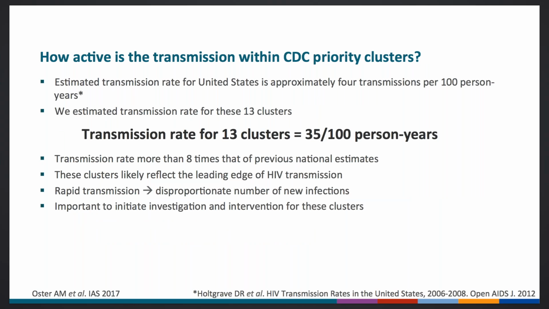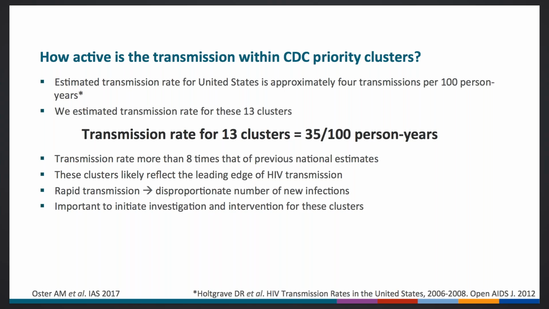So we actually have done some analyses to understand how active the transmission is within these priority clusters. The estimated transmission rate for the United States is approximately 4 transmissions per 100 person years. That means if you followed 100 people with HIV for a year, you might expect to see approximately 4 transmissions on average. We estimated the transmission rate for these 13 clusters and found that the transmission rate was 35